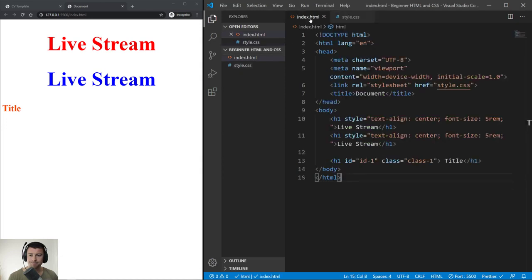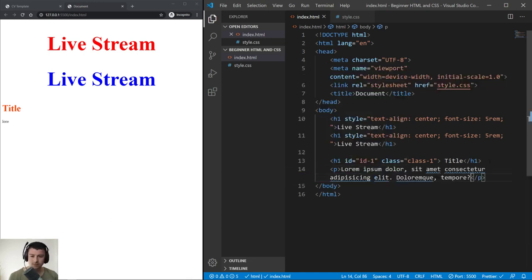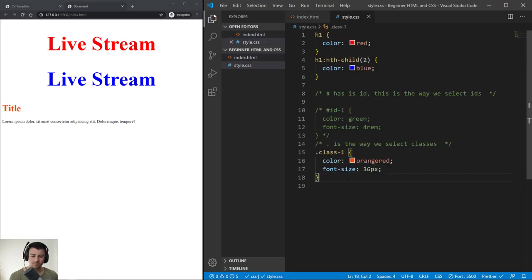Let's say, let's create a paragraph tag. Let's just type in a lorem 10. This should be enough. And how is it? If I take the class,